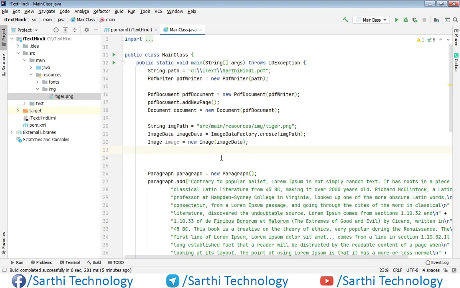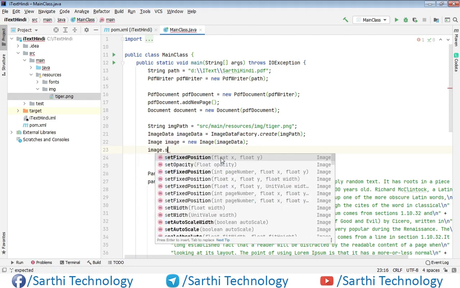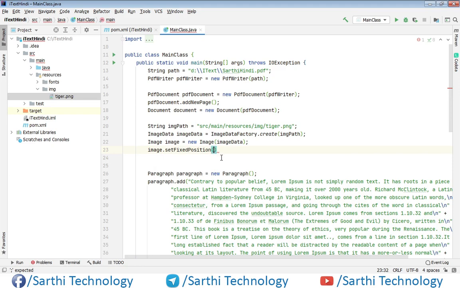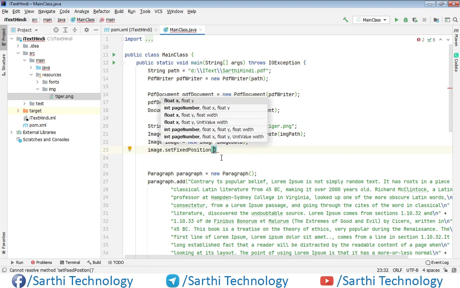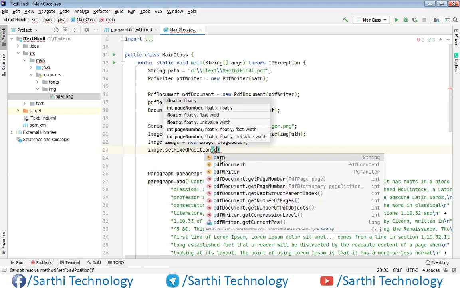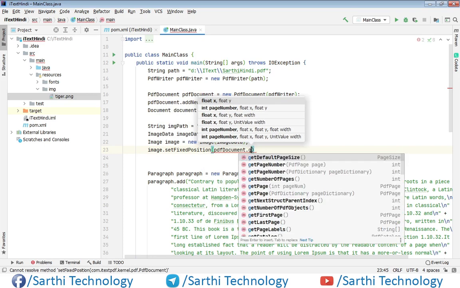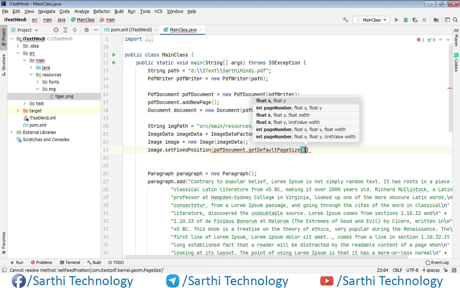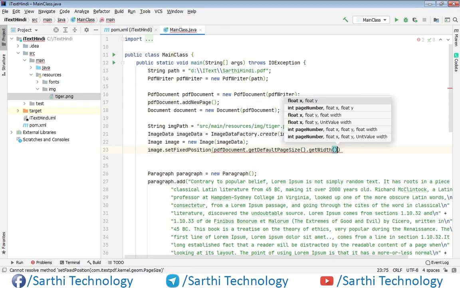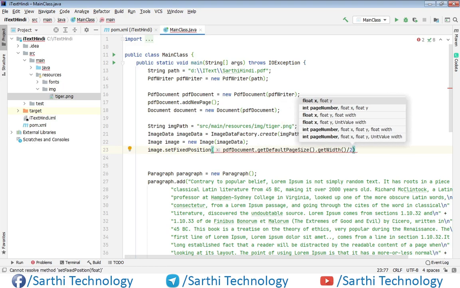So here what we are going to do, just use image object dot set fixed position. The x position is PDF document dot get default page size dot get width divide by 2 minus 320.